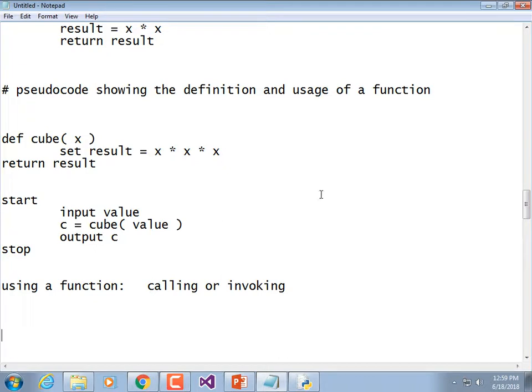Now, why do you do that? In this case, it's kind of moronic because it's just one calculation, right? But you could make a function that performs a long series of calculations. If you're doing a physics problem or something like that, you may have a series of calculations rather than just one. Same thing for calculating compound interest over a certain number of years based on an initial starting value. That's a fairly long, hairy equation that you wouldn't necessarily want to type in every single time. So you could put it in a function called interest or something like that,